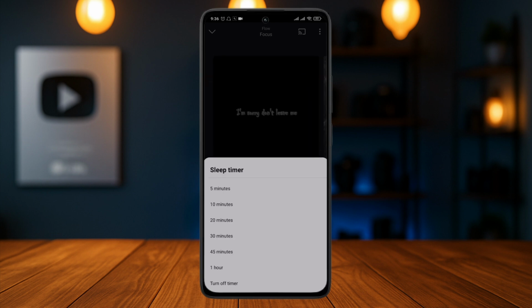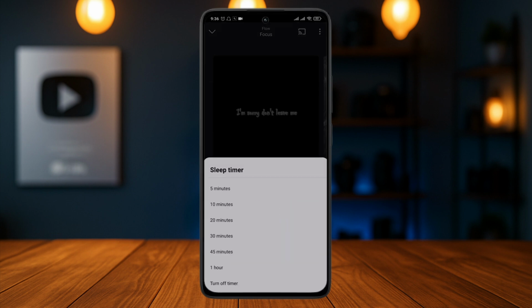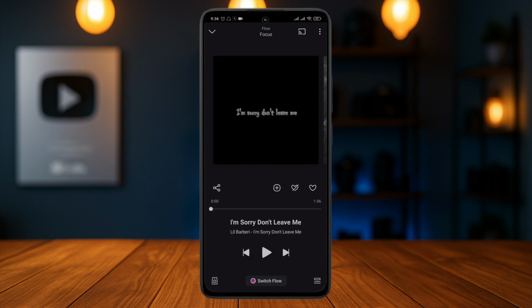You can just tap on this option and you can choose from all of these available times. You can choose from 5 minutes to an hour, or you can also choose to turn it off. So for example, if you tap on the 20-minute option, the songs that you are playing will immediately stop once